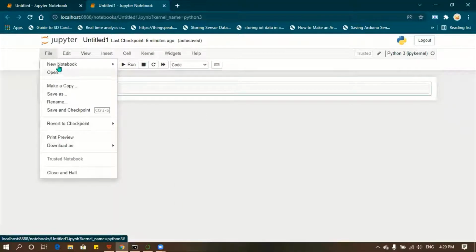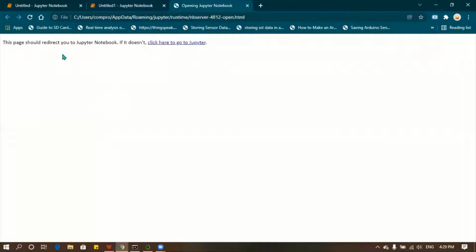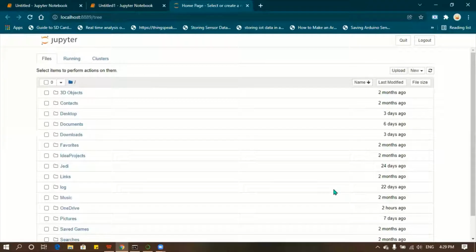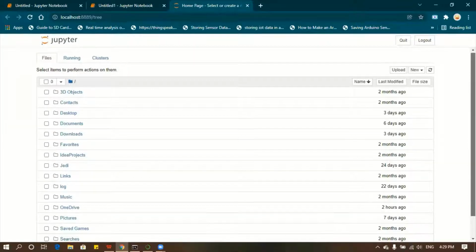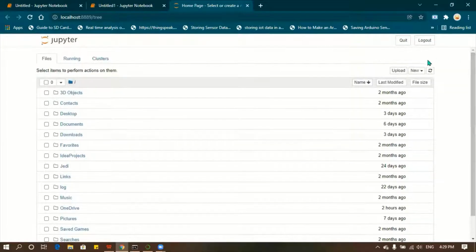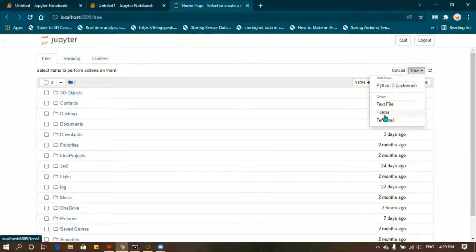Next, in the edit menu, okay, so it opened. When you launch your Jupyter notebook, it will open like this. Here, if you click New, it will show whether you want to create a folder, open a terminal, a text file, or a Python file.